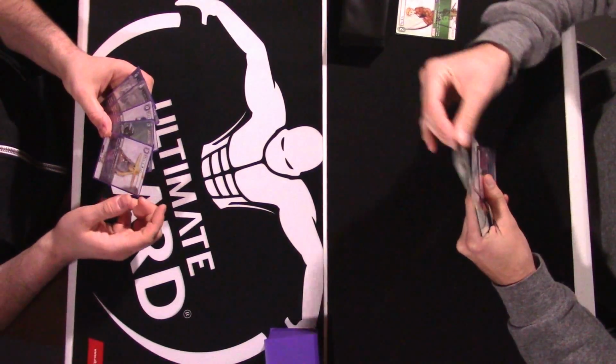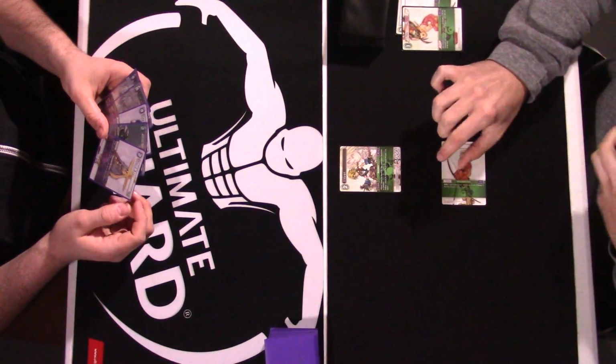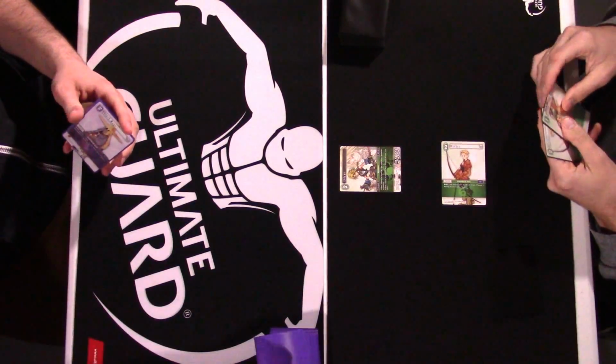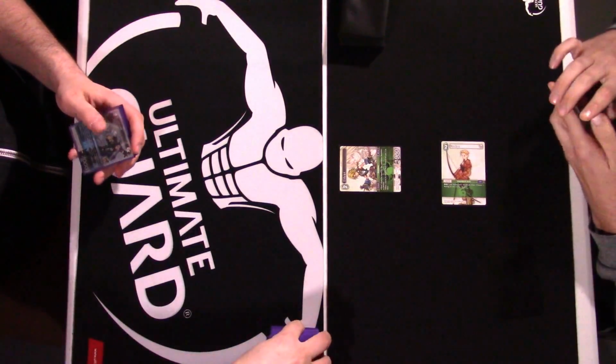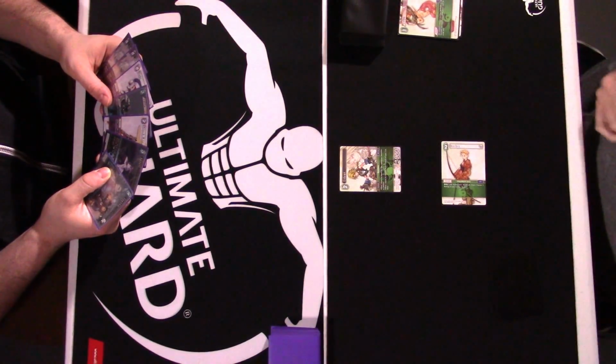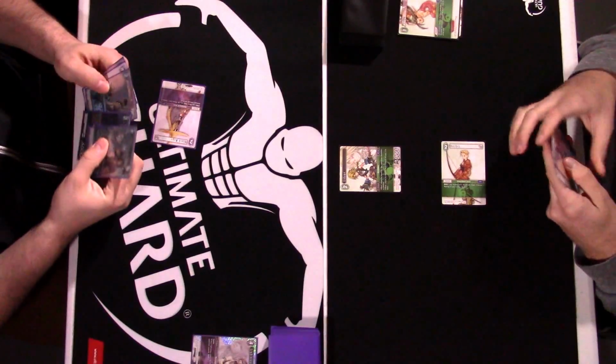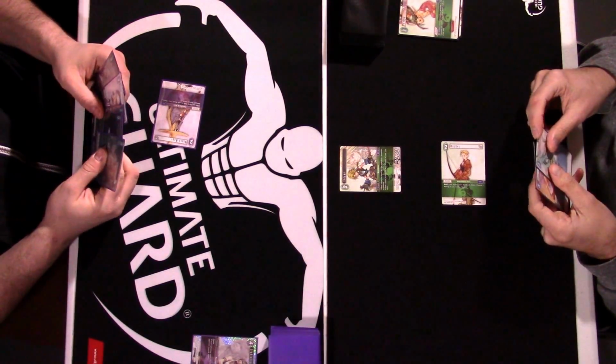Archer. Zidane. Sylph. Archer. Pass. Archer into Archer. Double Archer power. Some rough draws there. Lightning for 2 to play a Black Mage. And then I'm going to...